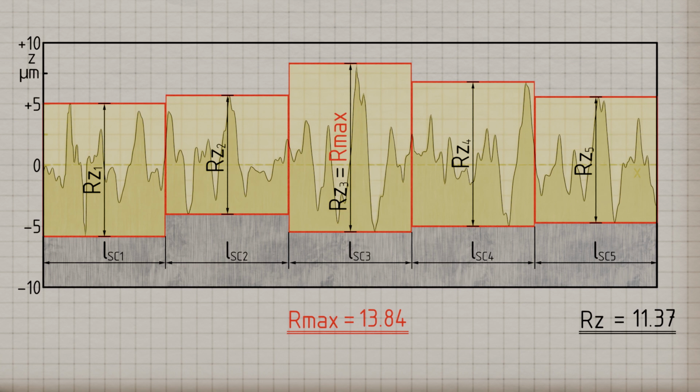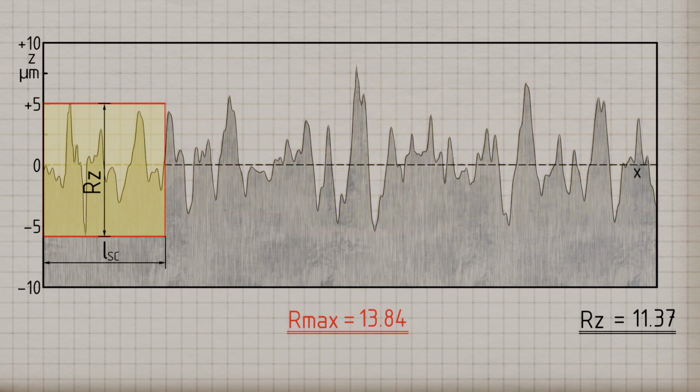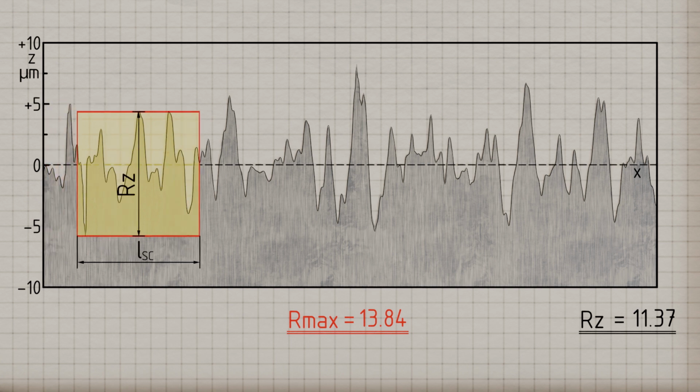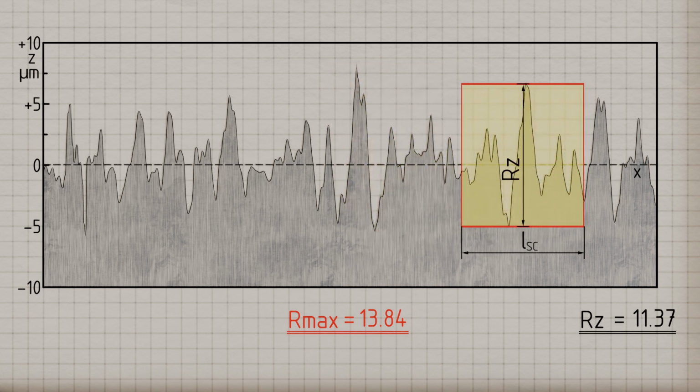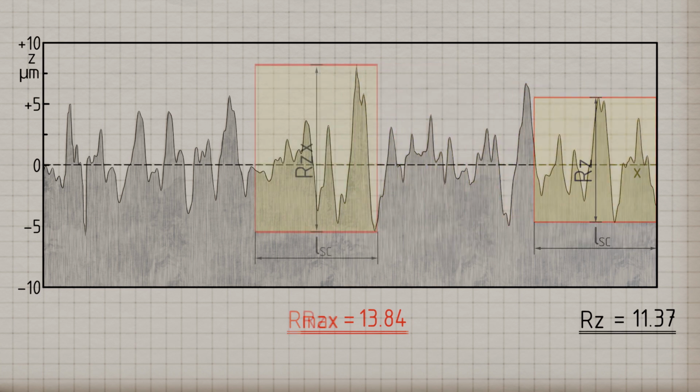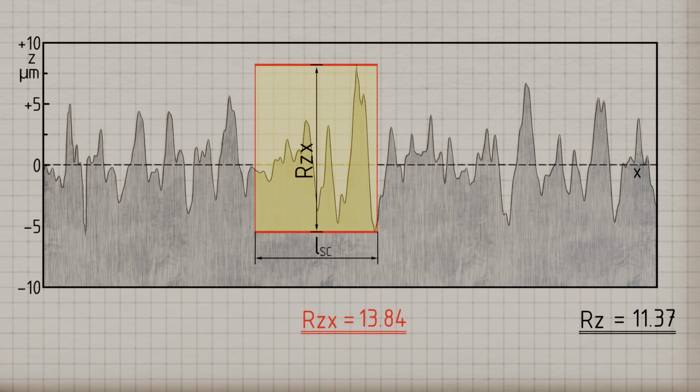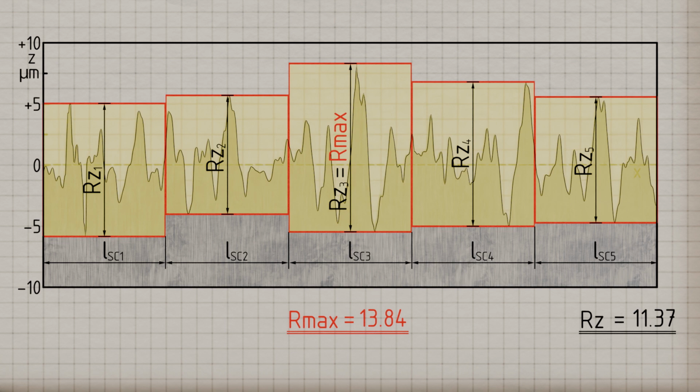However, the new standard now prescribes a different method as a substitute for this maximum value. For this purpose, one section length is moved over the entire evaluation length. The resulting largest profile height is now referred to as the maximum height per section Rzx. Such a definition of maximum roughness is significantly more meaningful than determining the maximum value within 5 arbitrarily defined section lengths. This can lead to different results, since the maximum value according to the new definition does not necessarily have to lie within a fixed section length, but can also span across 2 section lengths and is still captured when